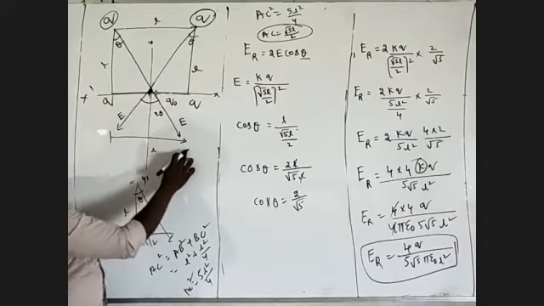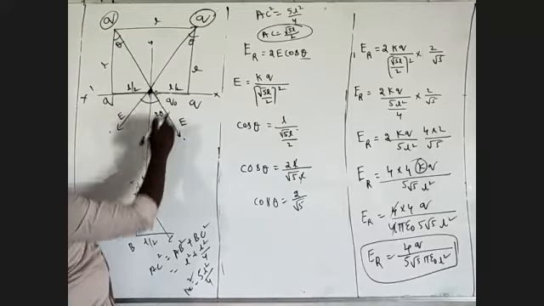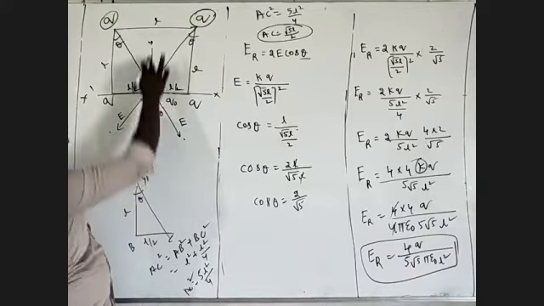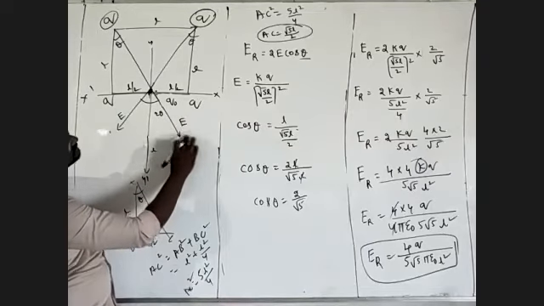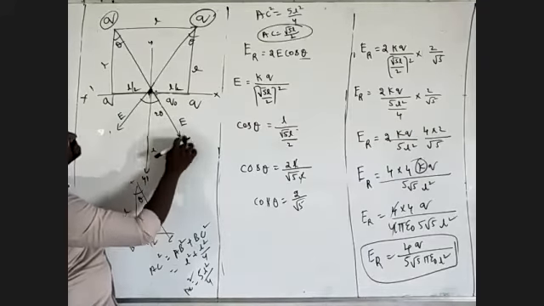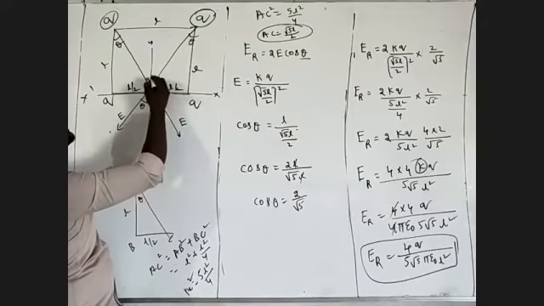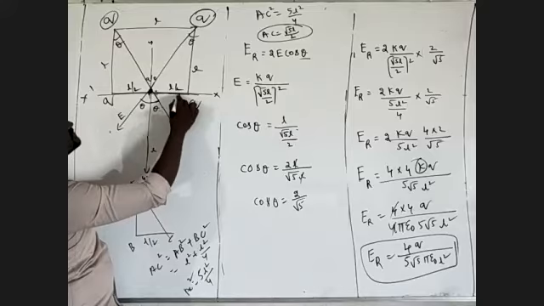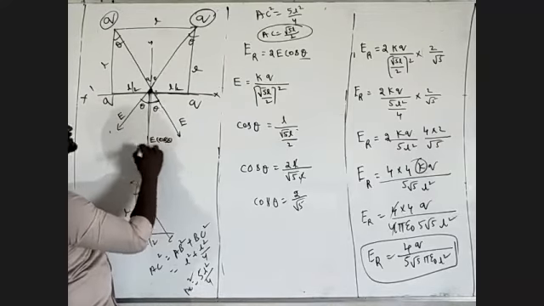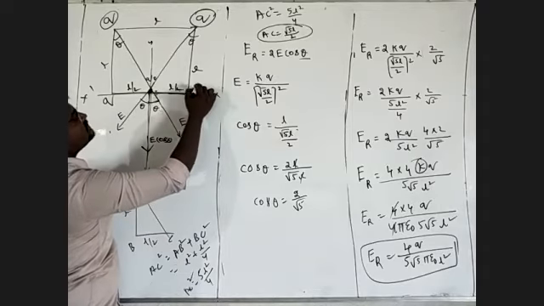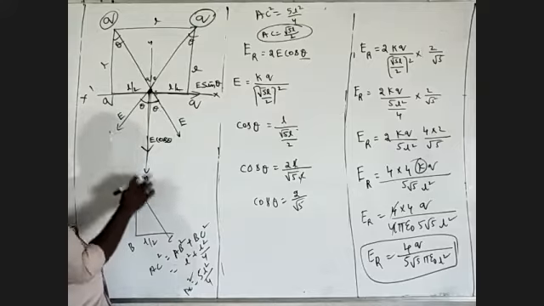Now you will see x and this distance is L by 2. Now this is y dash, x dash. This is where E is in the xy plane, making angle theta. This can be resolved into 2 components. This is the x-axis, this is y. Making angle theta means E cos theta is along this axis and E sin theta is along this axis.